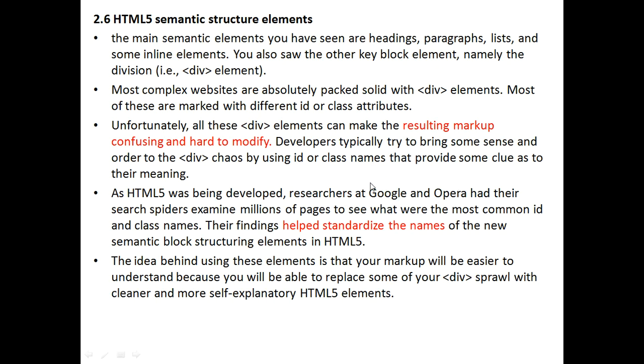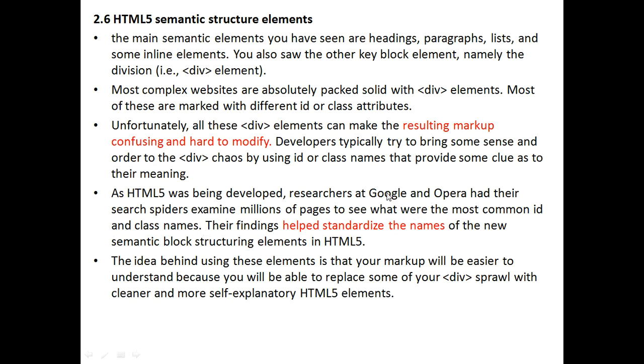As HTML5 was being developed, researchers at Google and Opera had their search spiders examine millions of pages to see what were the most common ID and class names.